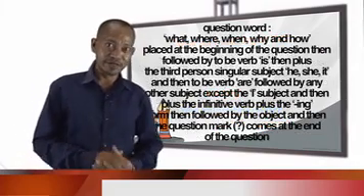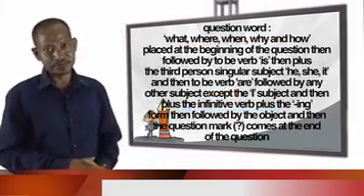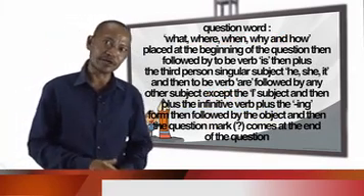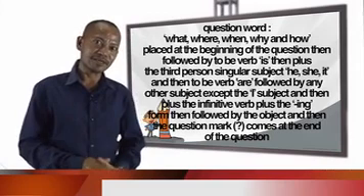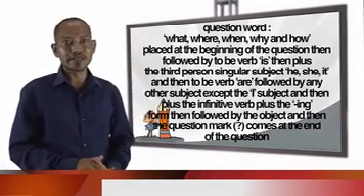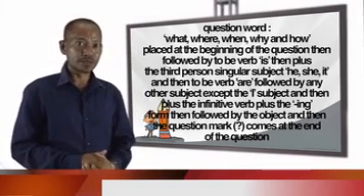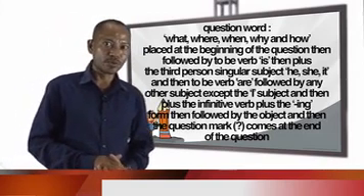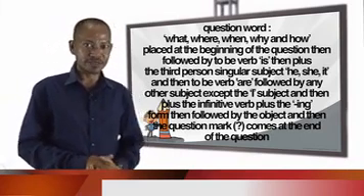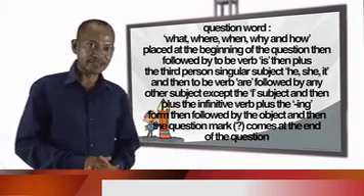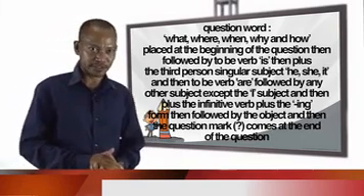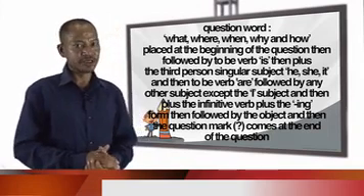Now we have done the first question. Please refer to the rest of the questions with any other subjects, wherein the same rules are applied as suggested by the formula. Again, the question word, either what, where, when, why, and how, comes at the beginning of the question, followed by is, the form of the to be verb, plus the third person singular subject, he, she, or